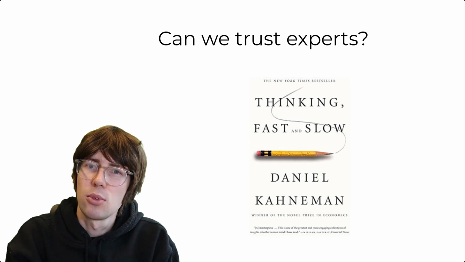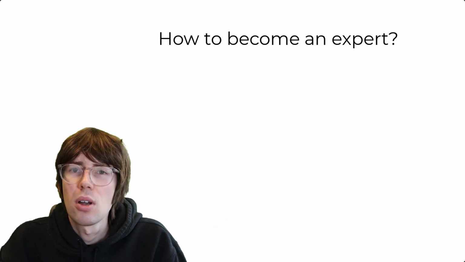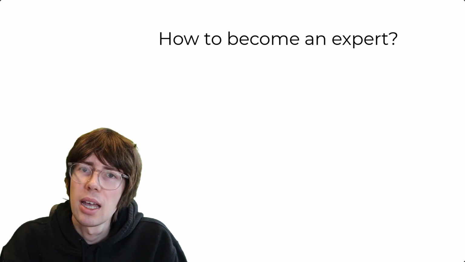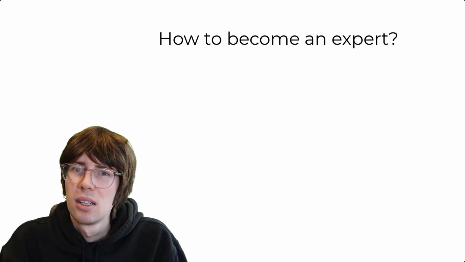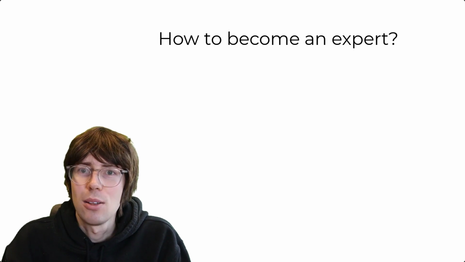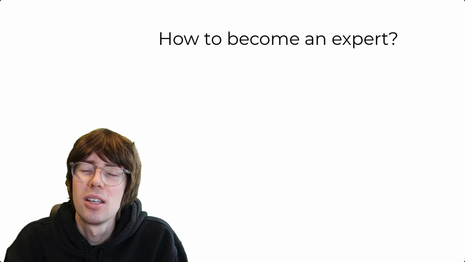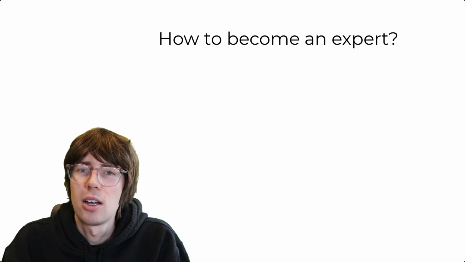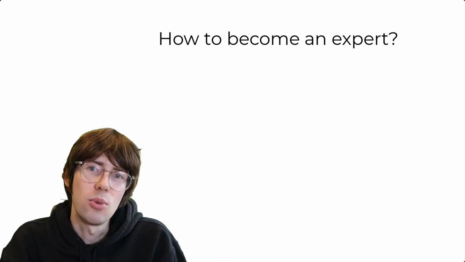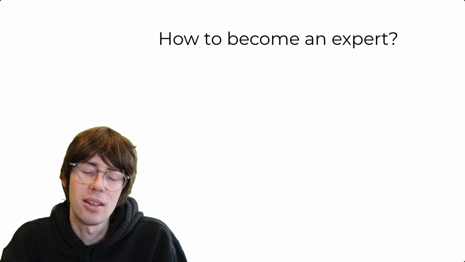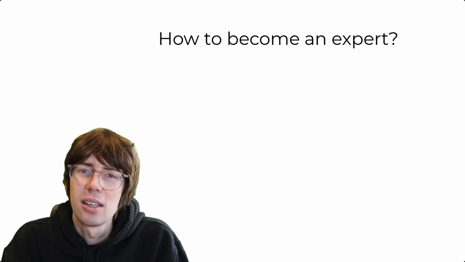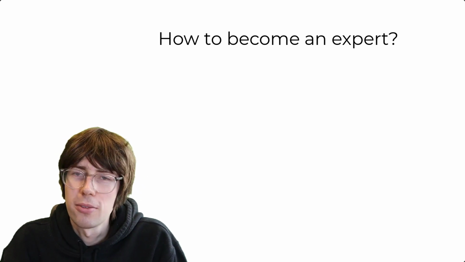Now the second question I want you to be able to answer after taking my course, when it comes to expert judgment, is not only can we trust experts, but also how can you become an expert? There are two reasons I want you to know how people become experts. That can help you become the expert yourself, so you can use your own expert judgment, but it can also help you identify who is an expert and who isn't, because you can't just ask people. If you read Kahneman's book, you will learn that people's confidence in their own competence, skills and knowledge cannot really be trusted, for instance because of something called the Dunning-Kruger effect.